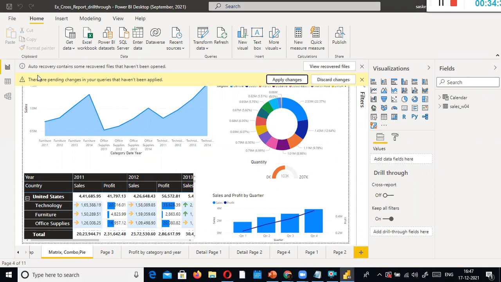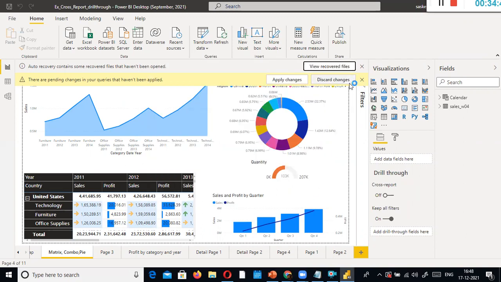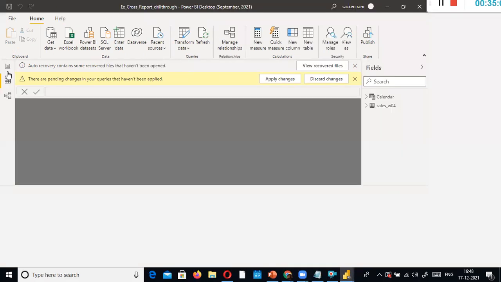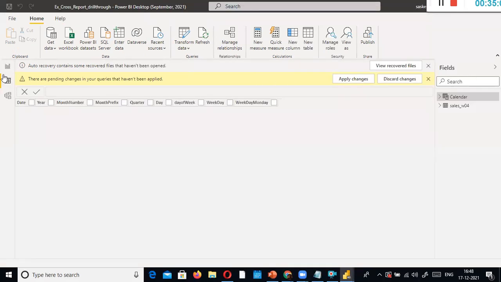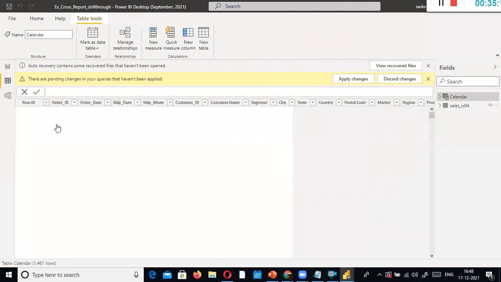Why is this one causing auto recovery? It contains some record files, view record files. Somehow that column got deleted and it kept saying that row ID is missing. One second. Okay, in the meanwhile, I just go here and see what is the problem with row.